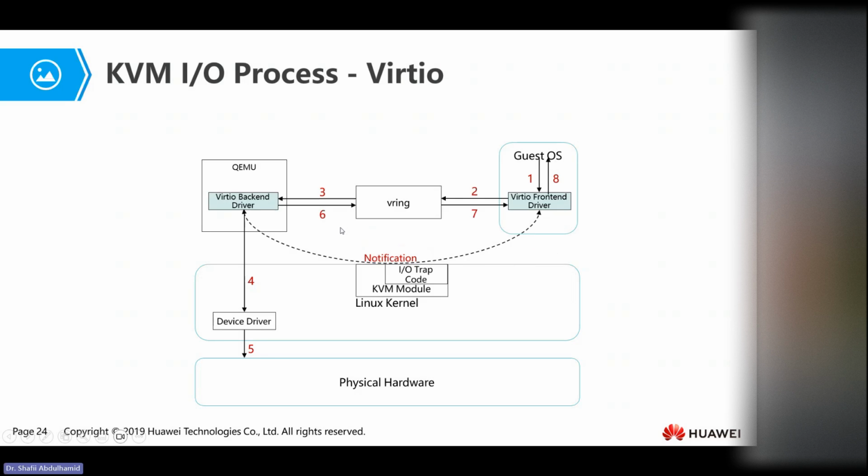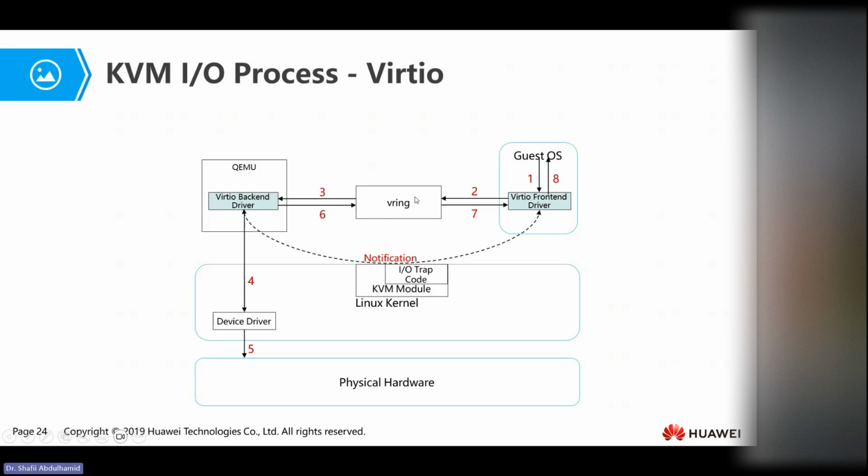We have another setting called virtio. In the virtio setting, the instruction does not go to the trap code. It uses what is called a front end and a back end. The front end is in the device driver, while the back end is in the KMO. So when you send an instruction from the VM, it simply sends it to the front end, and the front end sends it to what is called